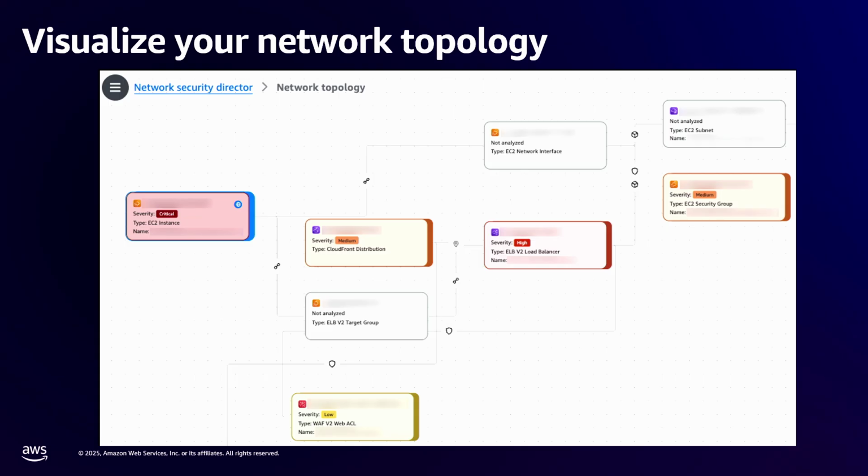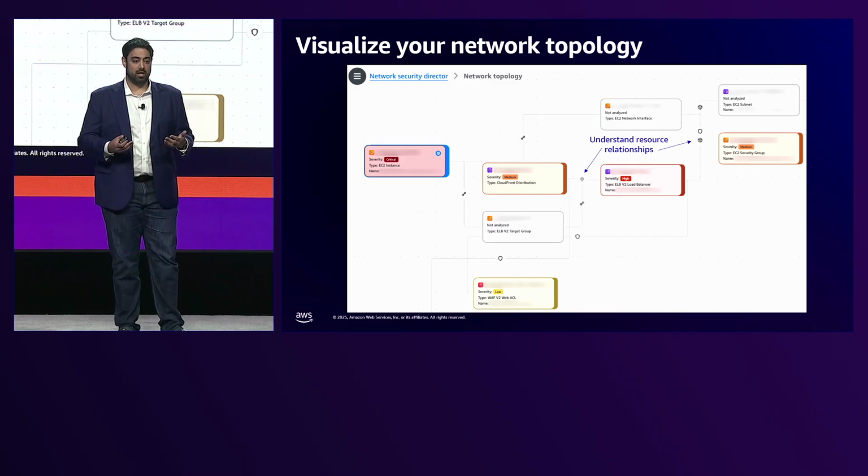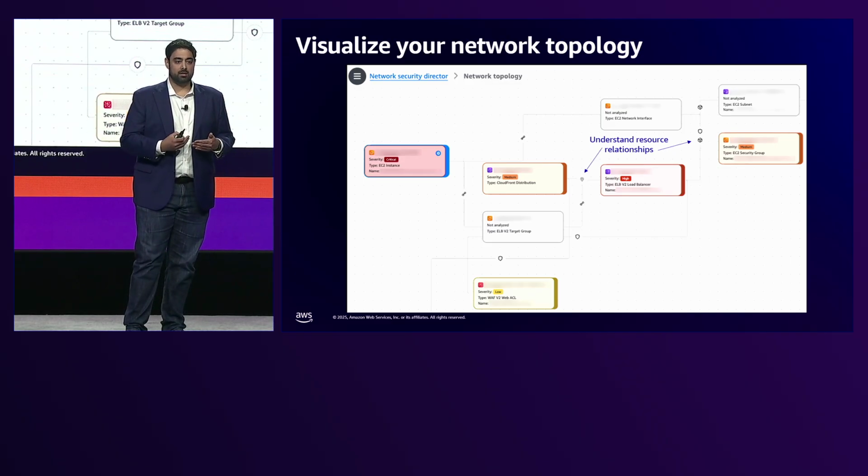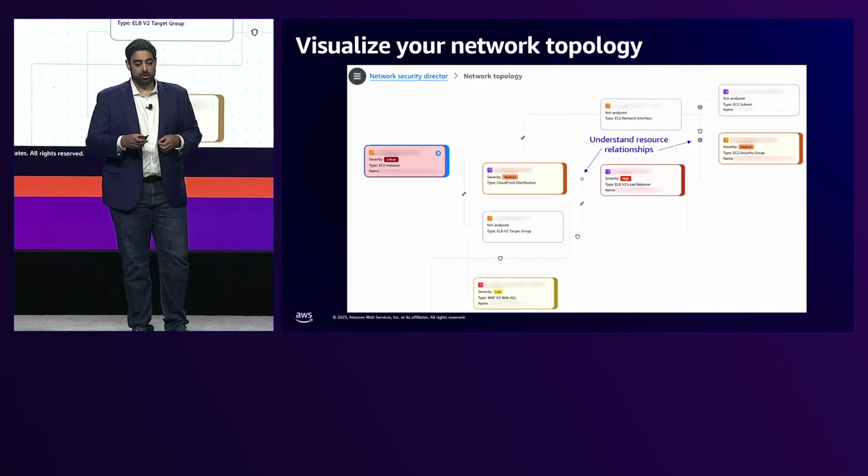And in the diagram that you see here, we are calling out very specific network architectures with regard to the resources in question. One, we are identifying resource relationships. The relationships in question are based on identifying common tags and containment relationships, and by that I mean, for example, you have a VPC that contains multiple EC2 instances, ENIs, subnets, things of that nature, and identifying that one entity belongs to a larger entity. We also look at geographical proximity in terms of what is in front of a resource or behind a resource from a connectivity perspective, such as a CloudFront distribution in front of an application load balancer.